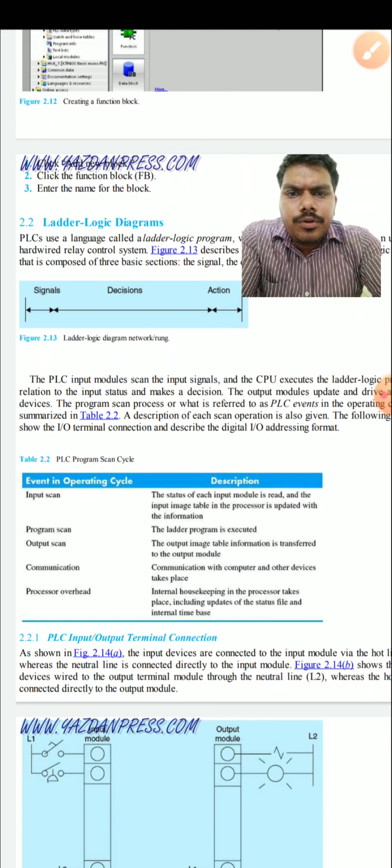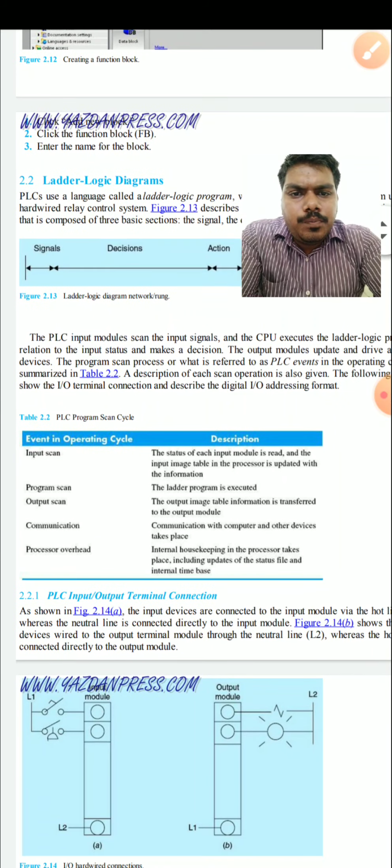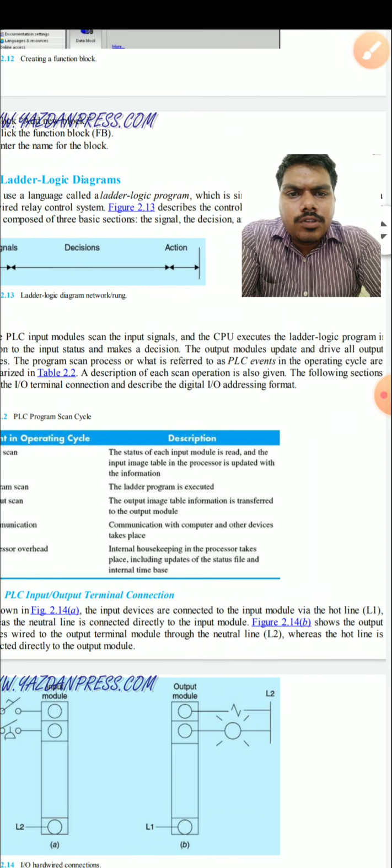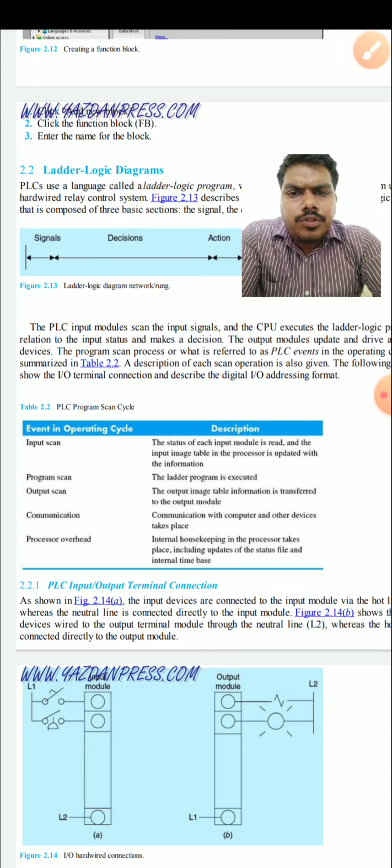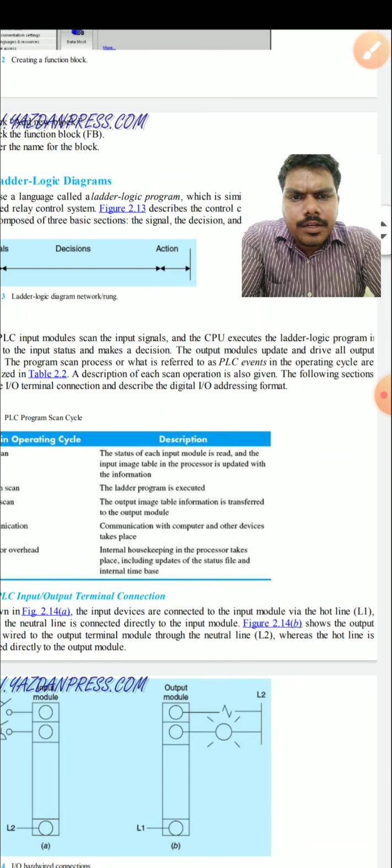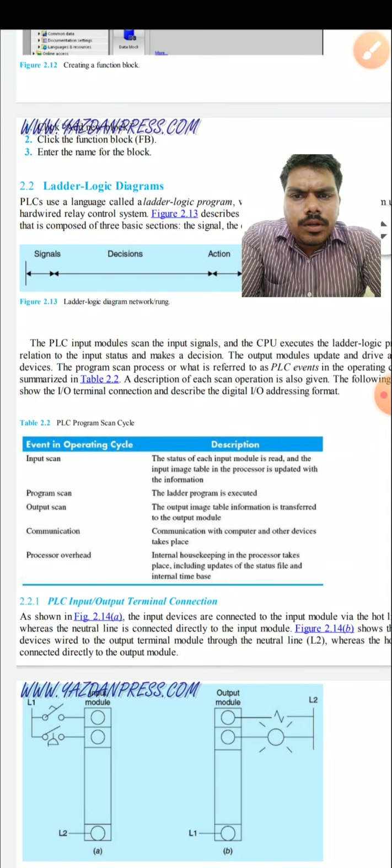The PLC input module scans the input signal. The CPU executes the ladder logic program in relation to the input status and makes a decision. The output module updates and drives all the output devices.